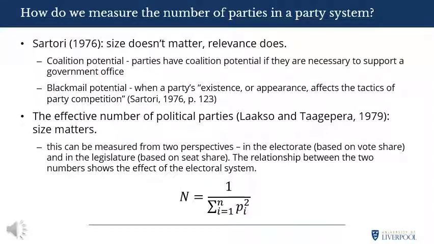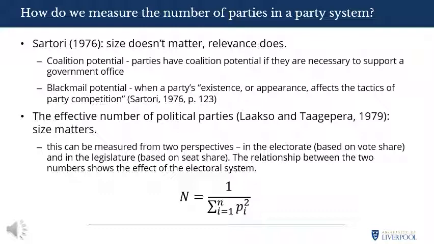During the 2010 to 2015 Parliament, UKIP could also have been considered a relevant party, despite peaking with just 2 seats in the House of Commons, and those only from defecting Conservatives. UKIP would have been relevant because of their blackmail potential. They affected the structure of party competition. They forced the Conservatives to compete on their ideological right and to go down a Eurosceptic path, as well as worrying Labour in some of Labour's traditional heartlands. For example, Ed Miliband and his infamous mug about controls on immigration was a clear response to the threat of UKIP.